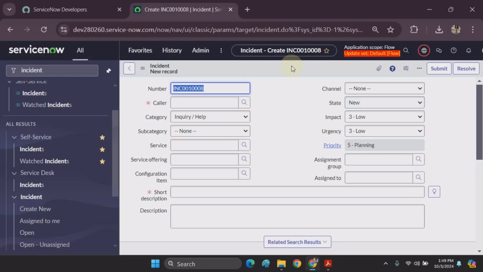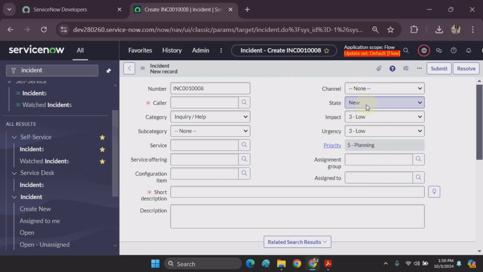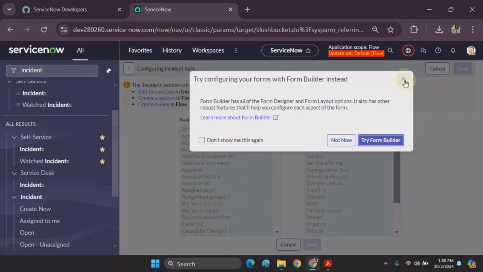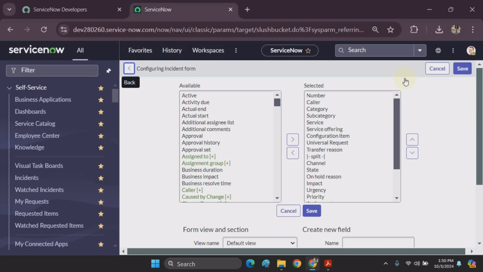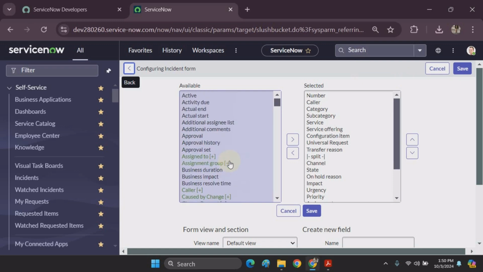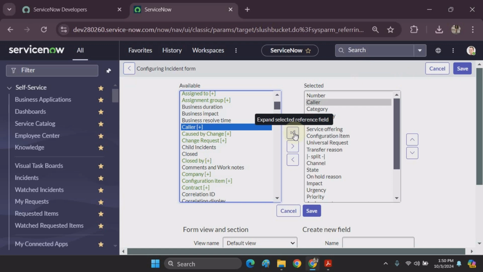So suppose this is my form and I want email ID of the caller. So I'll just go to form layout. Okay, here I wanted caller's email ID. So just click here. This is a reference field, expansion available. Click on caller, email